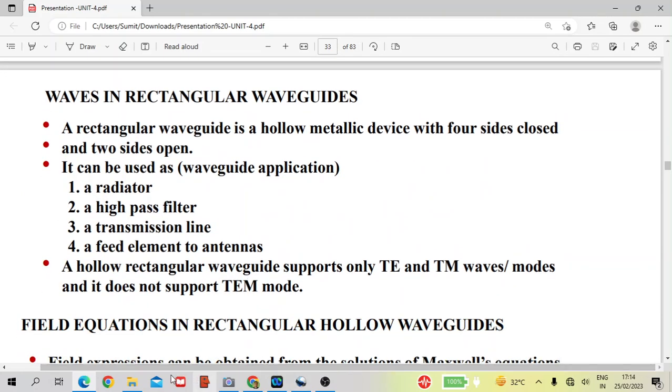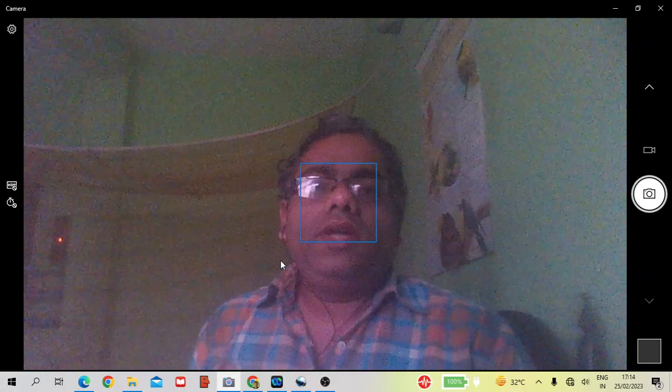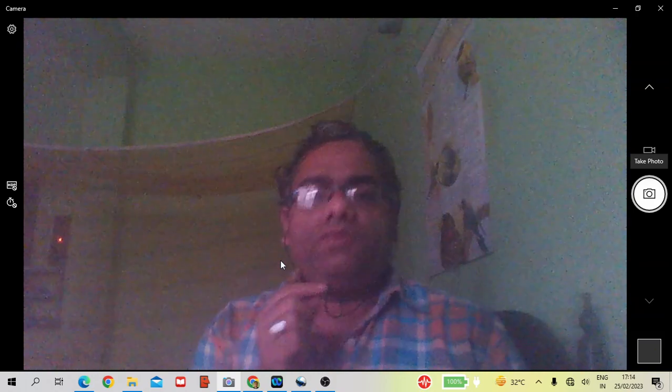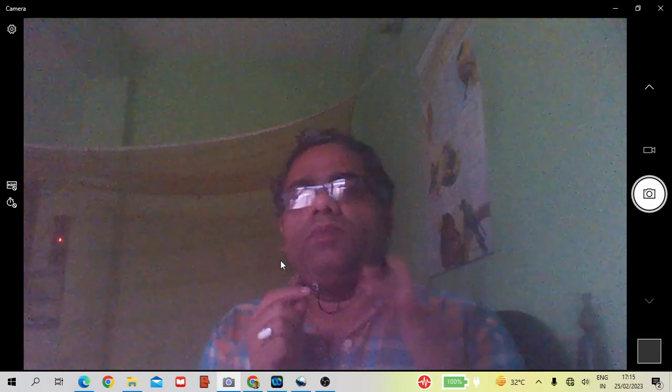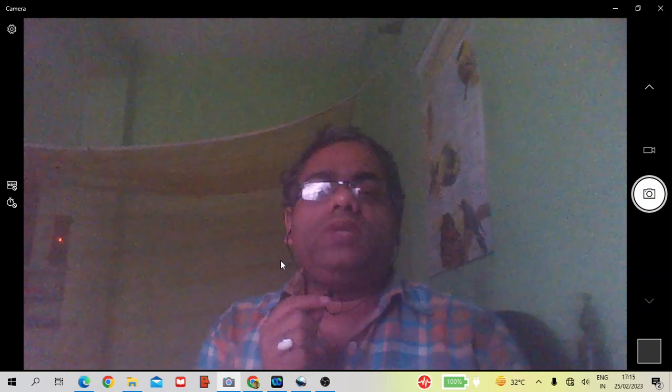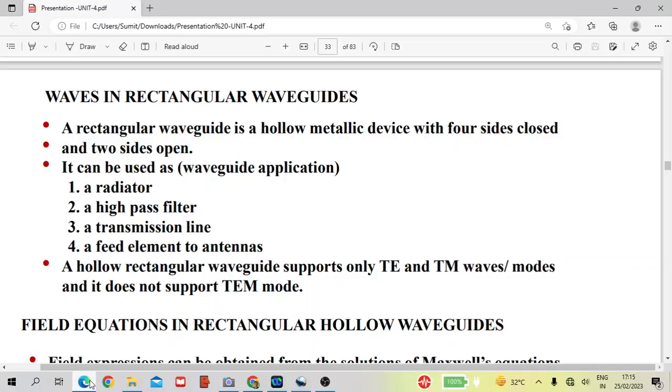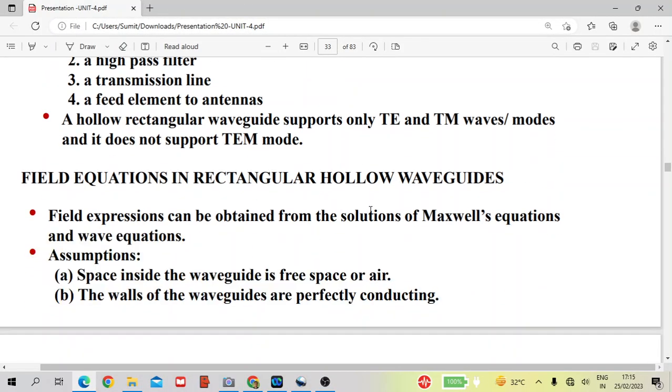Now we have done the parallel plate waveguide. If you bound it on all four sides, then it becomes a rectangular waveguide, which is bounded on all four sides. So now if we see waves in a rectangular waveguide, then the field equations for a rectangular hollow waveguide. Hollow means filled with air as the dielectric. Then the field expressions can be obtained from the solution of Maxwell's equations with boundary conditions. You have to solve it,